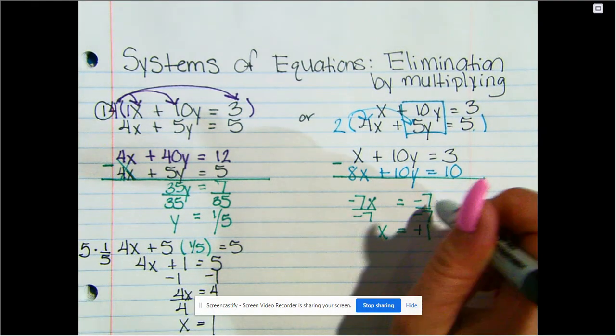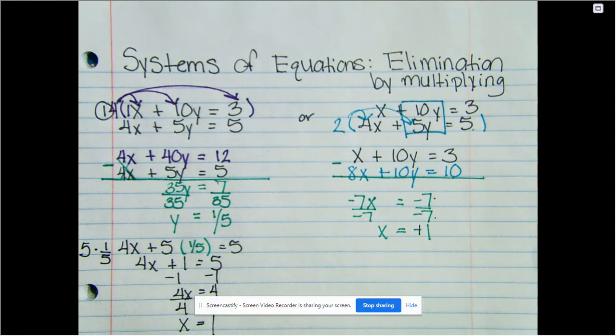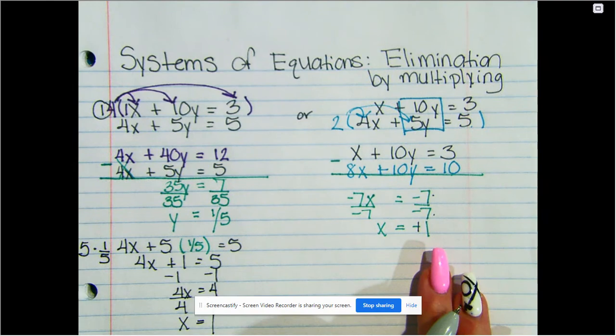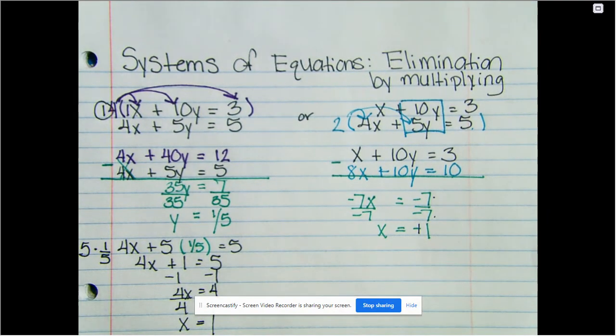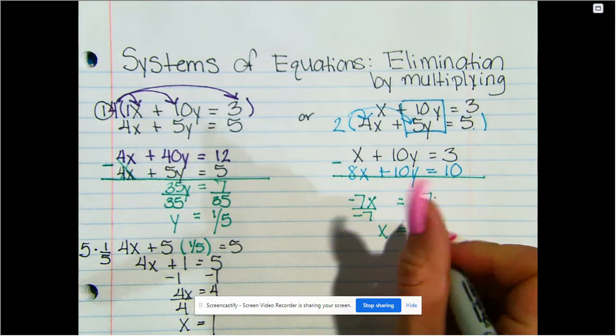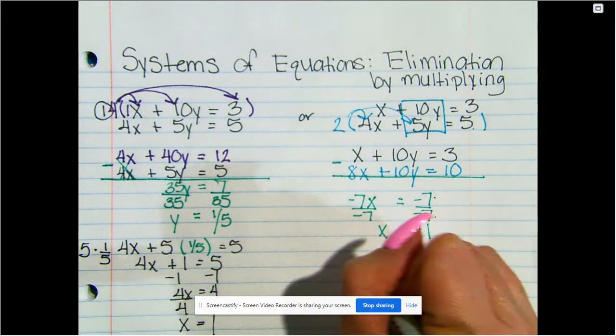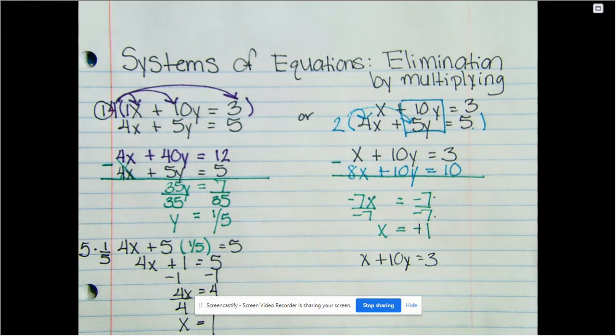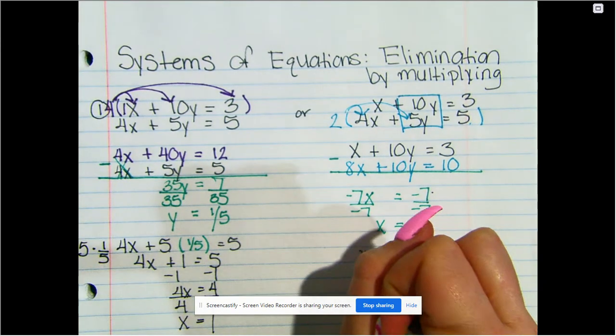Positive 1, because -7 divided by -7 is positive 1. That was my bad. Okay, so if you chose to eliminate the y values and you solve for x, you would just need to go into your particular equation. Let's say we're going to use the x plus 10y is equal to 3 equation. So the x value that we got was 1